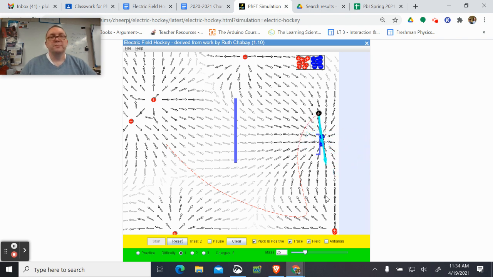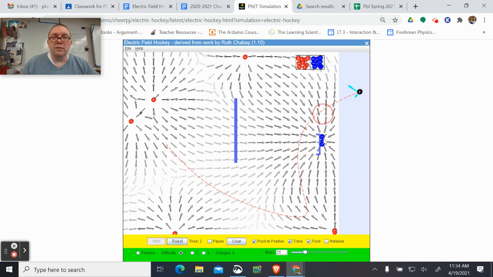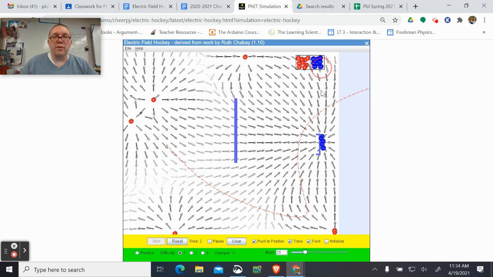Oh! So that's the sort of thing that we're looking for, right? Now I could look at putting just, I can just load this bugger up with negative charges to pull that positive charge in. Reset. If you want to clear everything out, there's the clear button. There you go. But that's the idea. If you score a goal, screenshot, paste that bugger in. And that's the work for today. That's pretty much all I've got for you, folks.